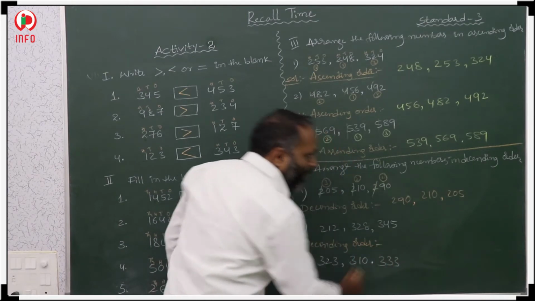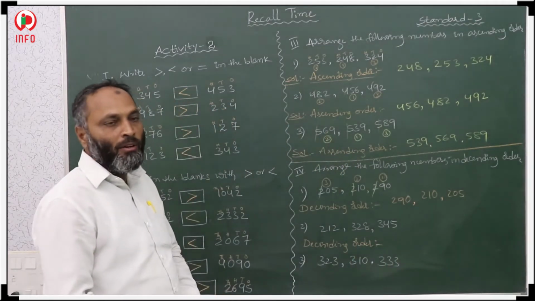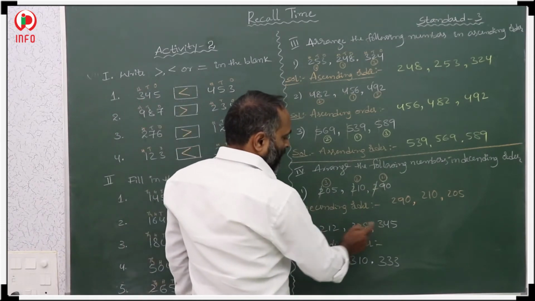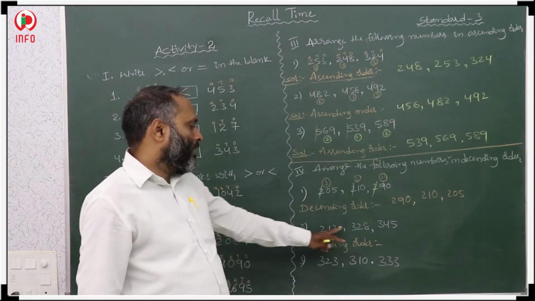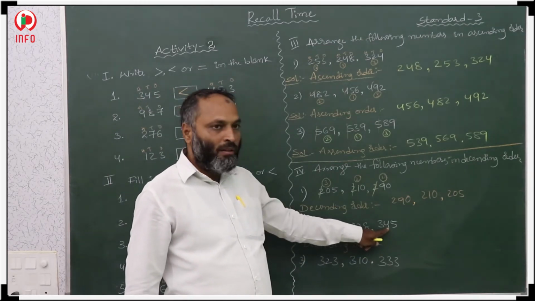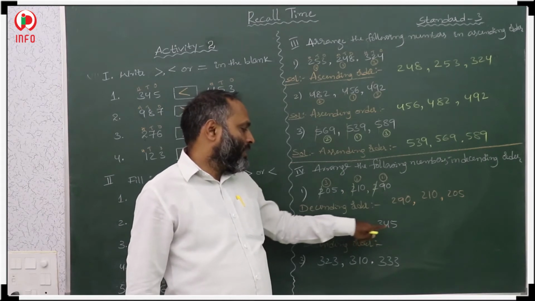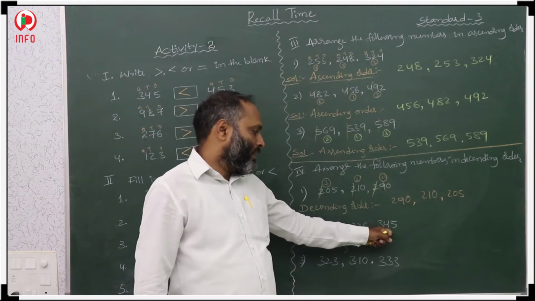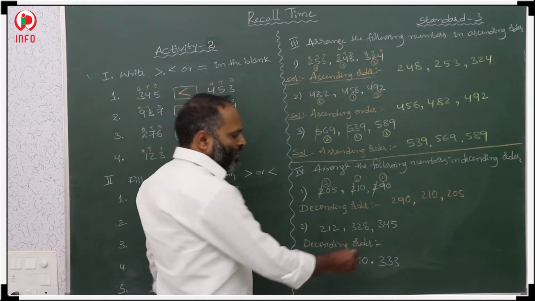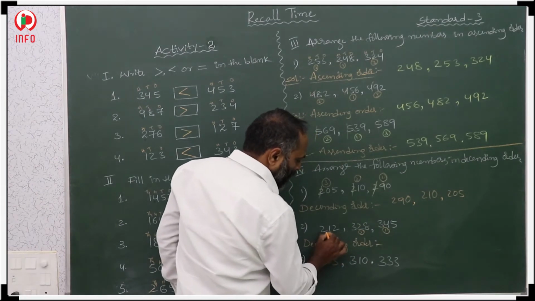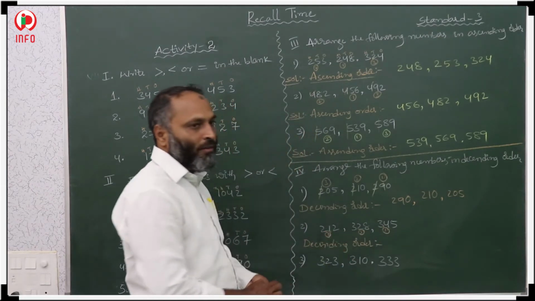And here, descending order. Descending order means decreasing order. So first, here 2, 3, 3. In 2, 3, 3, 3 is the biggest. We have 3 in this and 3 in this. So again we have to decide which one is bigger. After 3 here 2 is there, and here 4 is there. This means this one is the bigger. Then a little bit smaller, and the smallest among all the 3 is this one. In this order we have to arrange.